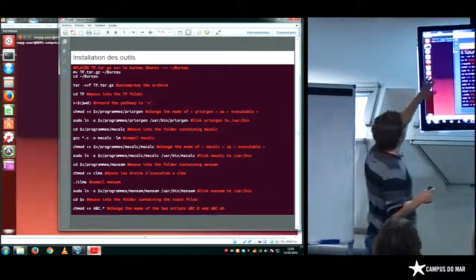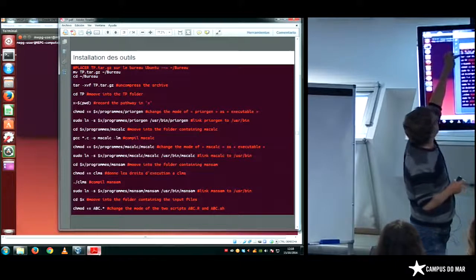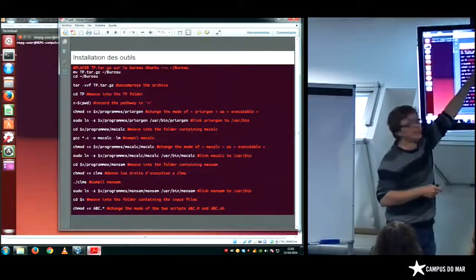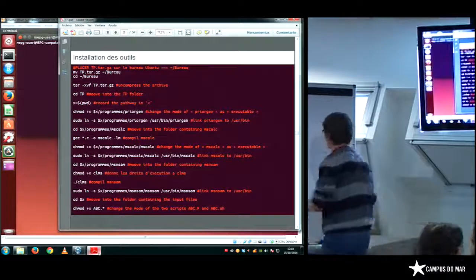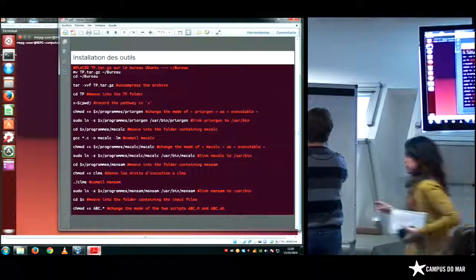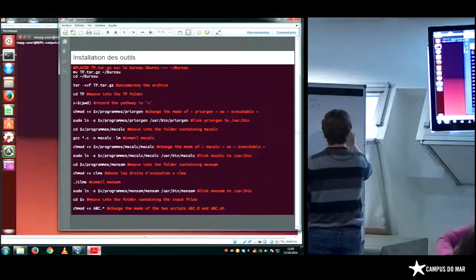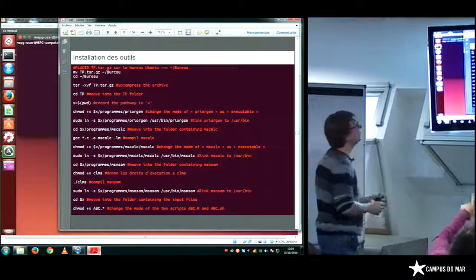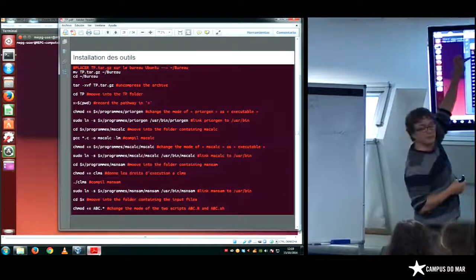So you don't have to do the first line. Do the second line. It's just to go to the desktop. CD desktop, not bureau, desktop. You do not need to uncompress the archive.